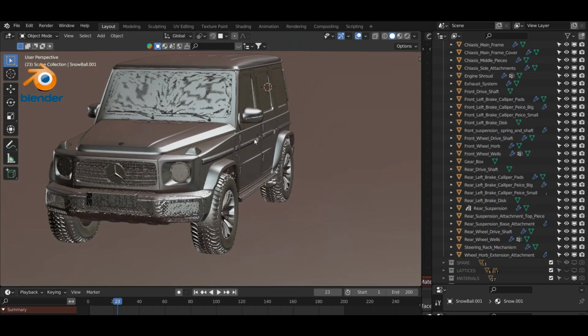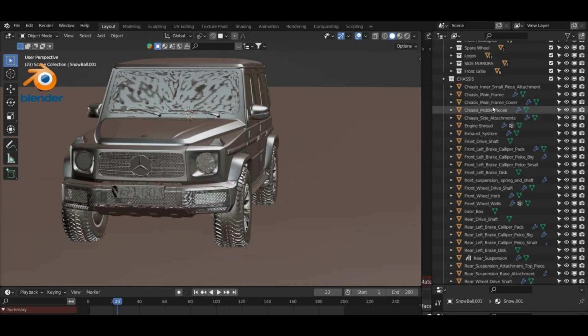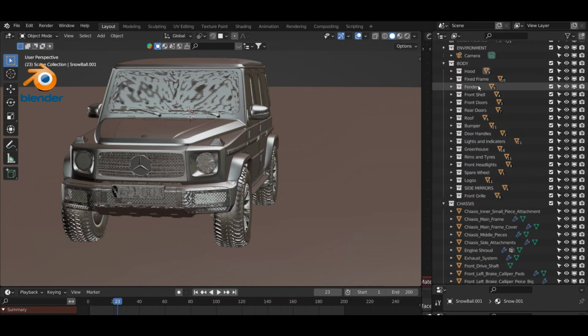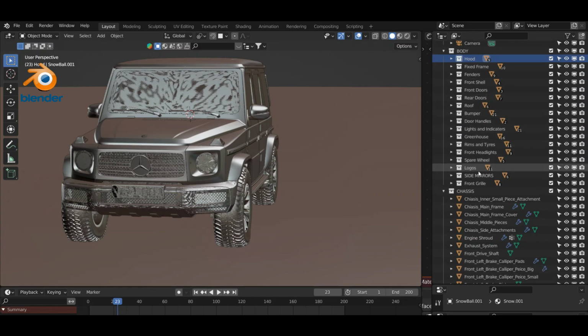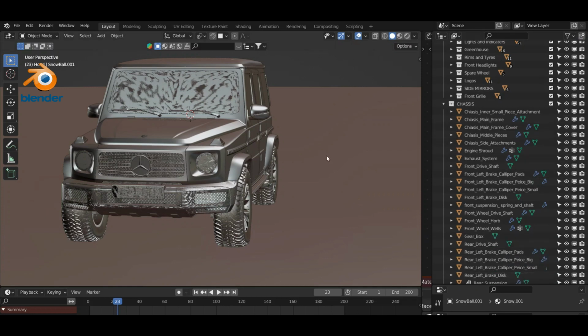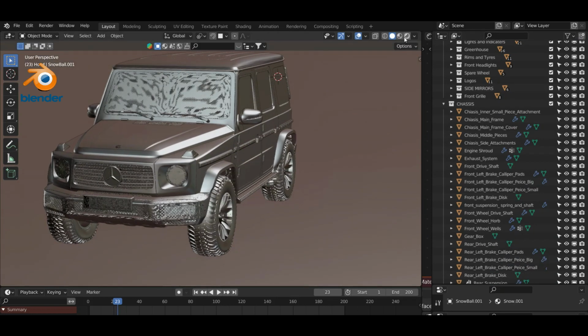Right, so the detail that I've done on this, as you can see in the outliner, the hood, the fixed frame, the fenders, the front shell, front doors. So I've done all the bits and pieces of the outside of the car, also a detailed analysis of the chassis. So if we go back to this view,